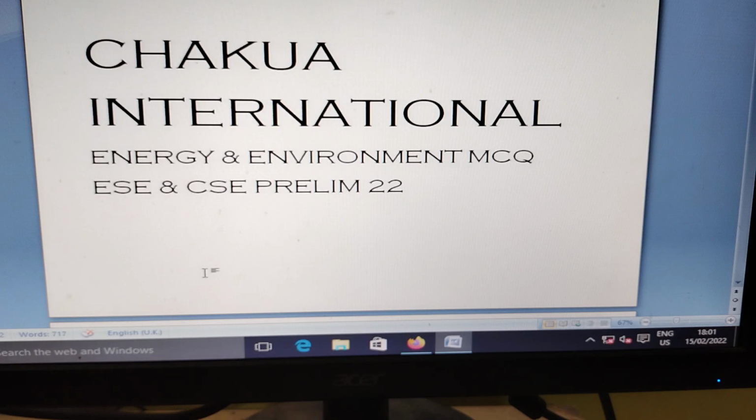This is related to energy and environment MCQ for engineers preliminary examination civil discipline 22. Environment is defined as the sum total of living and non-living components that influence events surrounding an organism. Abiotic components of the environment: soil, land, water, air, light and heat. Biotic: plants, animals, decomposers, parasites and